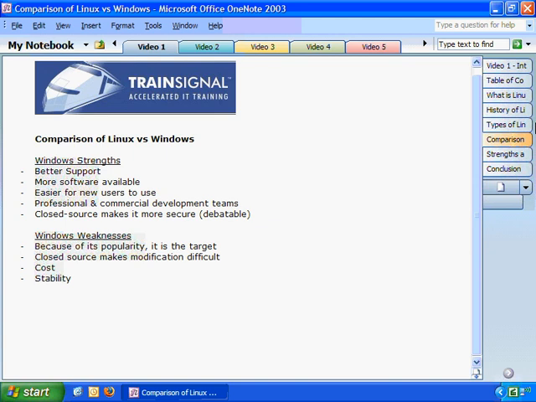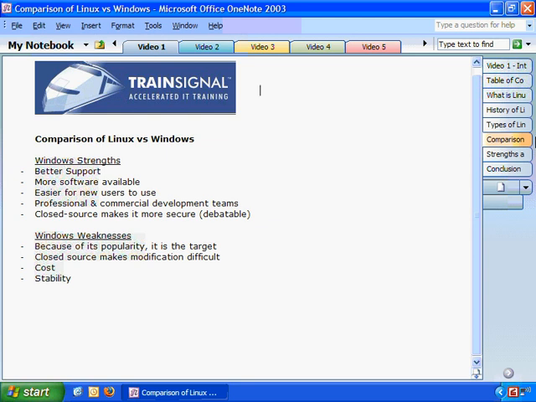Now, it's not the easiest thing. A lot of people who use Macintosh OS or Mac OS say that that's the easiest operating system. And that very well may be true. And in fact, Mac OS X is a version of Linux. There's debate about all these strengths and weaknesses of Windows and of Linux, but there's no denying that Windows,